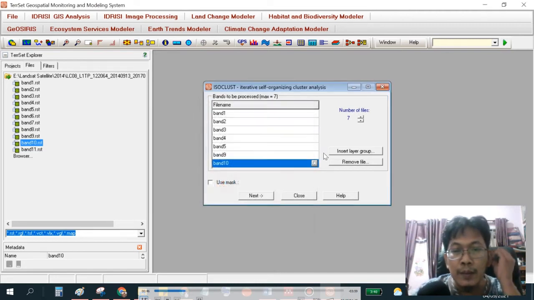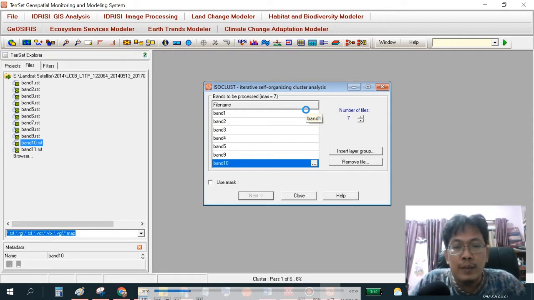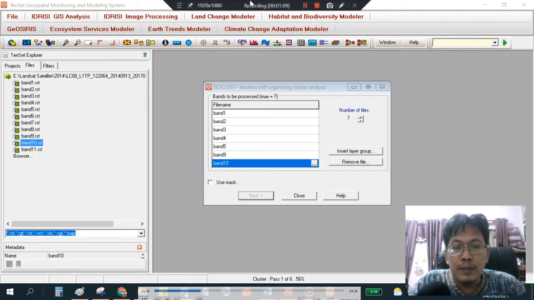Okay, and band 10. Then Idrisi will check whether every image has good quality. There are 6 passes from 1 to 6.